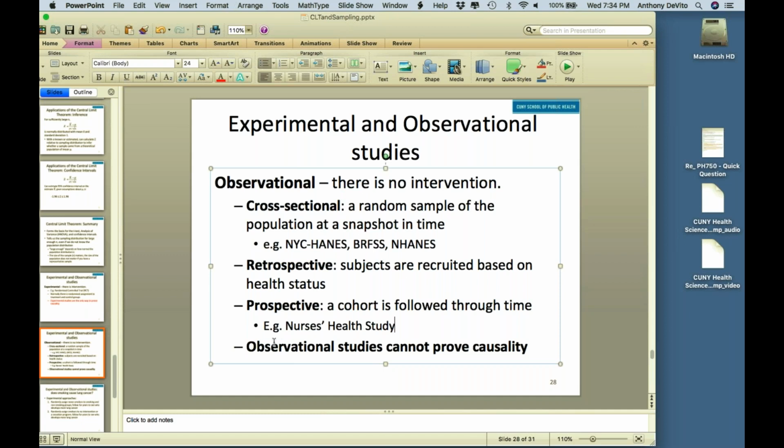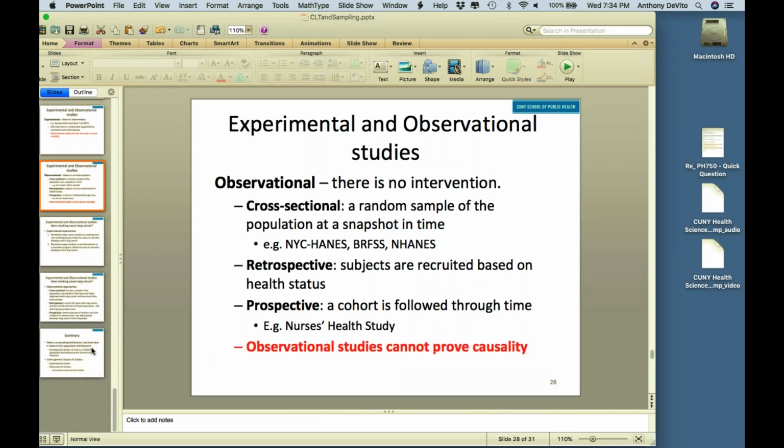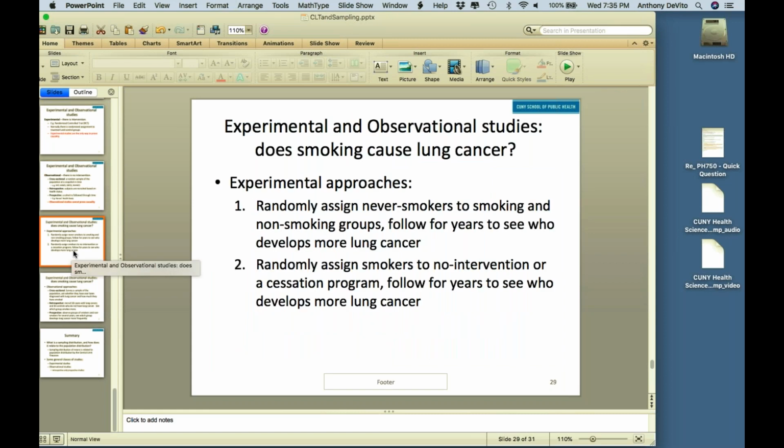All of these kinds of studies, for a variety of reasons, don't prove causality. You can prove an association. Oh, it looks like the doctors that smoked were more likely to get lung cancer, but there are a lot of other factors that might have gone on, or other factors that might have affected whether or not they dropped out or stayed in the study. So they don't actually prove causality. You need an experimental study to do that. But you can certainly infer that there's an association between, say, an exposure and an outcome.